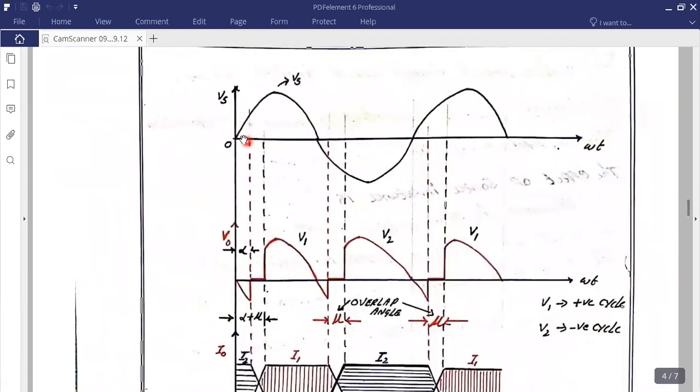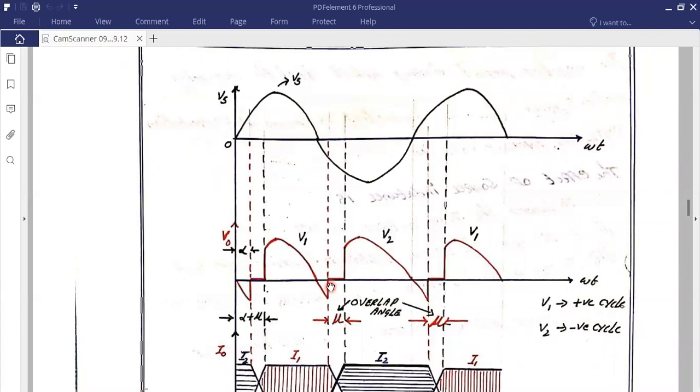Okay, so here this is going to be the supply voltage waveform. You are going to have a V naught, isn't it? So the firing angle provided here is going to be alpha, which may be somewhat like 30 degrees. What will happen at this 30 degrees? If the source inductance is not considered, then you are going to have the output voltage starting from this particular point, and it is going to be the same as this.